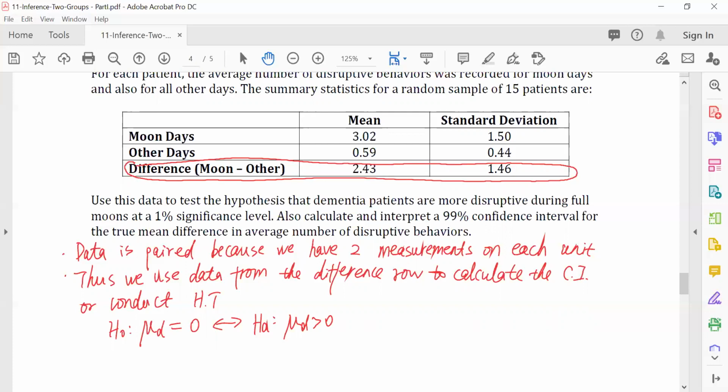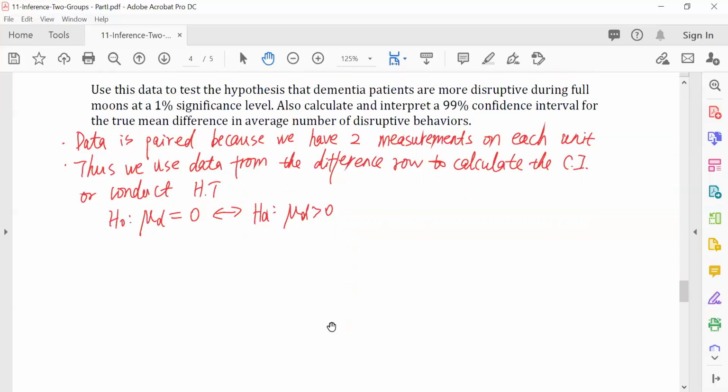But it doesn't matter, again, as long as you are consistent along the same question, you have no problem. Here, the differences are calculated using the moon minus the other, and we are trying to test that it's more disruptive during the full moon days, so we do have mu D greater than 0 here, where we have mentioned this mu D represents